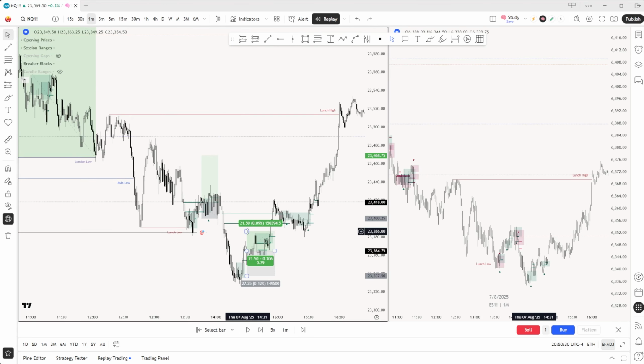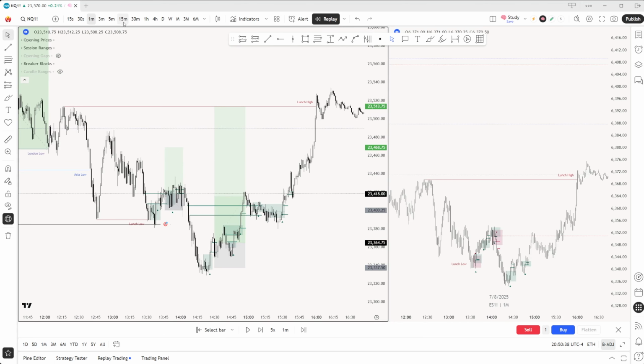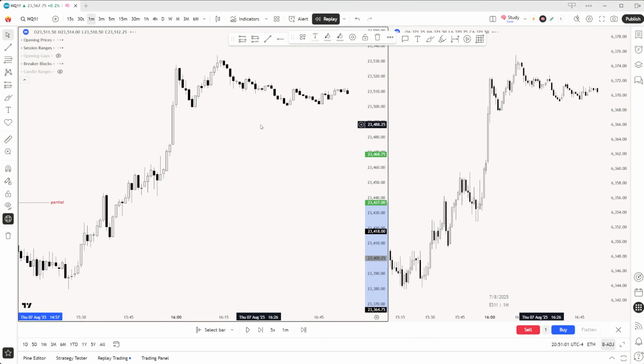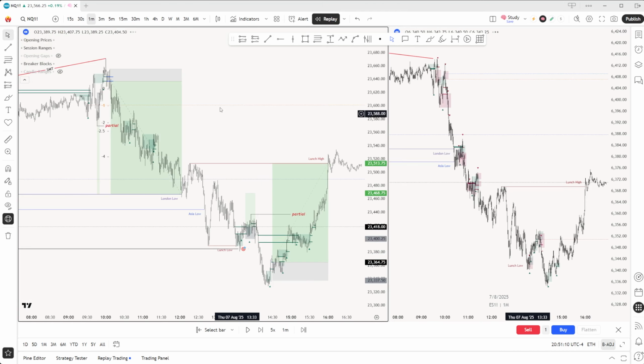And of course, your final objective being, your main objective, not final, being lunch high, I would still look to take profit. How do we find these take profits? I'm going to head over to my 5-minute chart. I'm going to look at the range that I'm looking to reverse. So this entire range right here. And I'm going to find the first premium inefficiency, which in this case is this high right here, giving me a partial of a decent reward. I can see it right away, 2.65. So look to partial at the first premium inefficiency in a 5-minute chart, with your second take profit being at lunch high. And of course, you can definitely hold a runner.